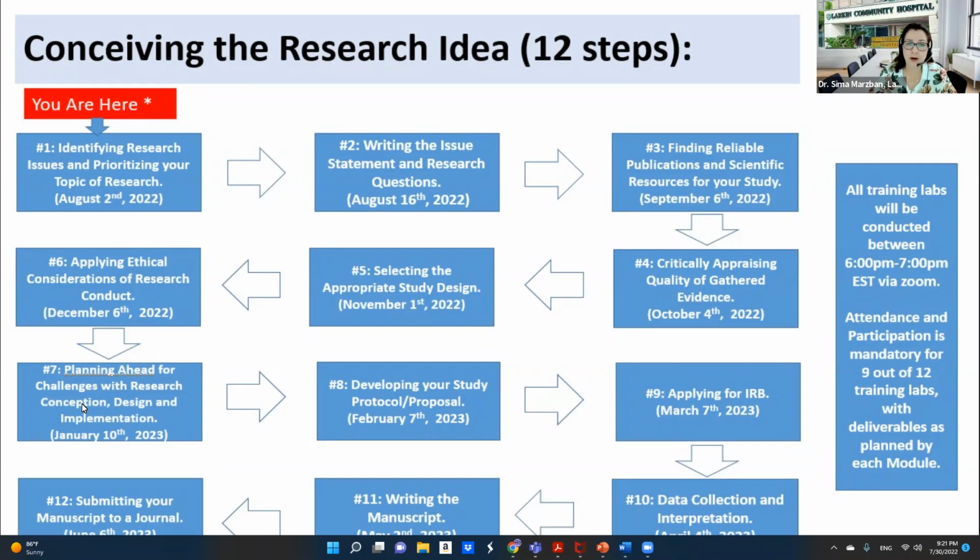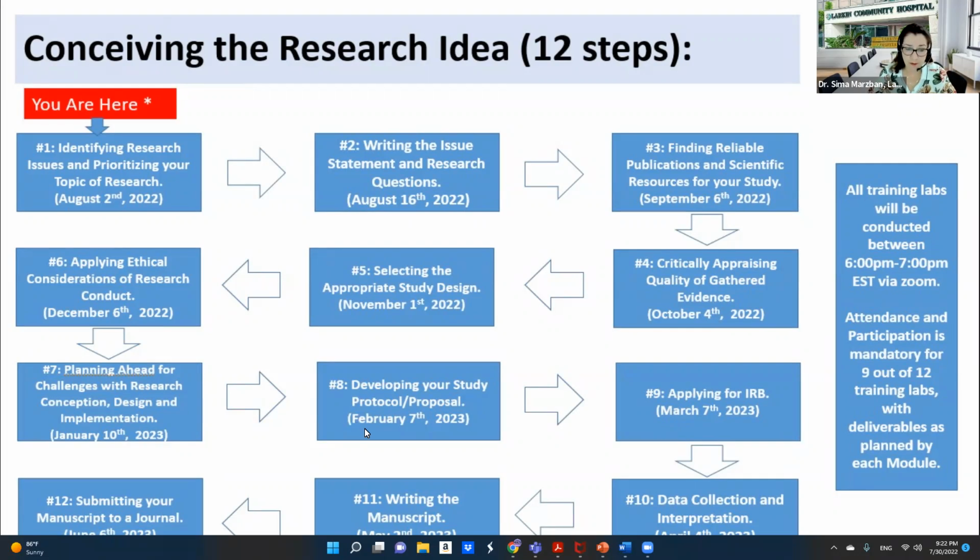All research project authors and researchers will face different challenges to develop and implement, even design or materialize the research or publish their articles. So we will discuss all of those challenges here to plan ahead how to overcome and how to prevent issues